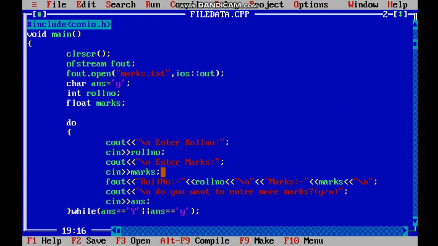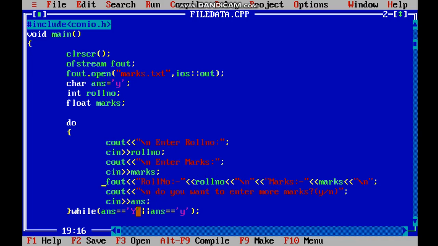So here, as you can see, we are using the same operator as the cout operator. That was used to give the output to the console, which is the black screen, and this outf, which we have used for the ofstream, which is out stream, will give the data to the text file, which is marks.txt. So here I have written the statement as I used to write for the cout.